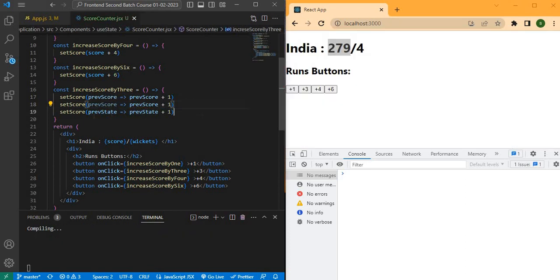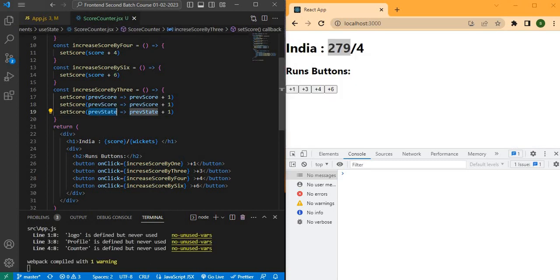and I have to replace all this with the previous score, or we can use it for 2 items also. It is up to you, but whatever is there in the parameter, I have to use it in this arrow function. So here the previous state is used, and here I have used previous score, here also previous score. Okay, whenever I refresh, it is loading with value 275, because